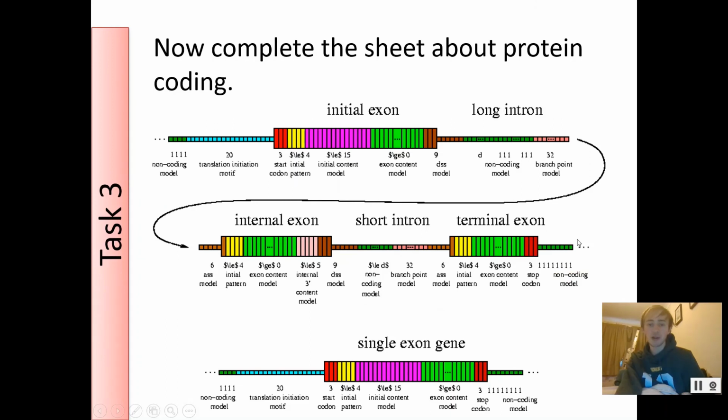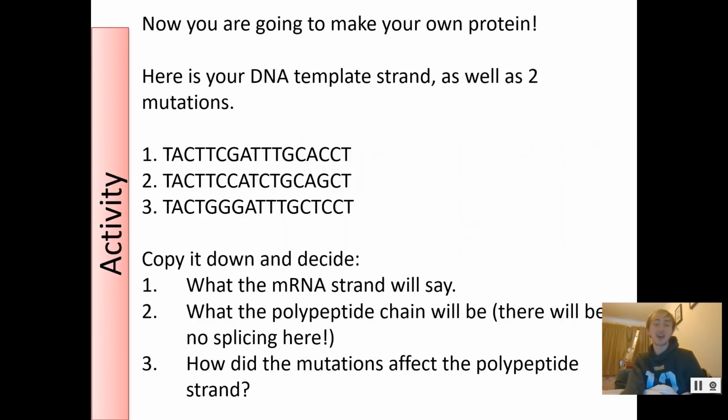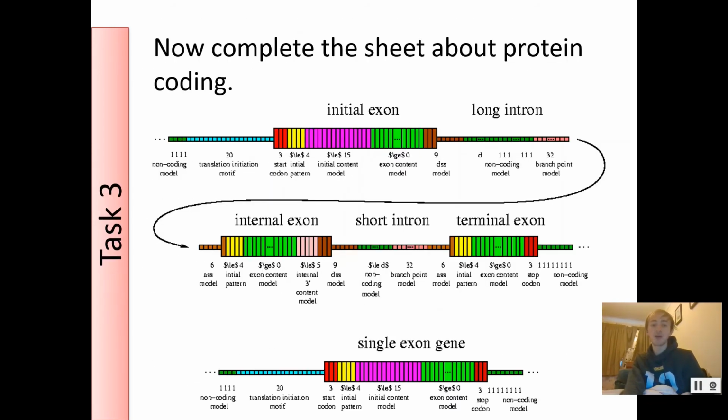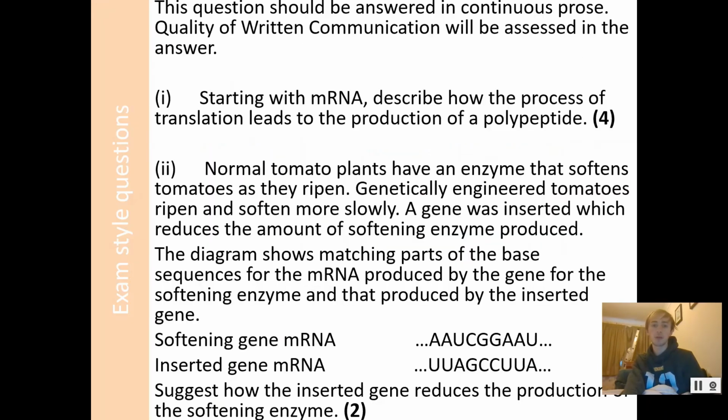Right, there is a sheet in the assignment which is about protein coding. If you feel like you're struggling with that a little bit, or you fell behind a little bit, open that sheet up and have a go at it. It's basically a load of these, and I want you to have a go at them and see if you can do it. If you can, then you will have no issues. I don't have any problems with people just doing 1 or 2 of them. I'm not going to take this sheet in. It's there to make you confident that you can do this.